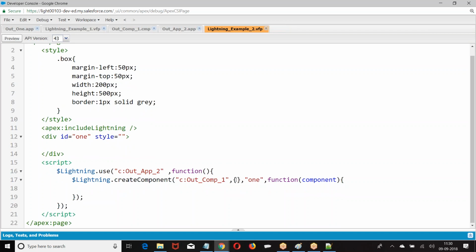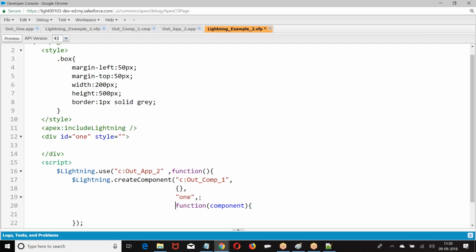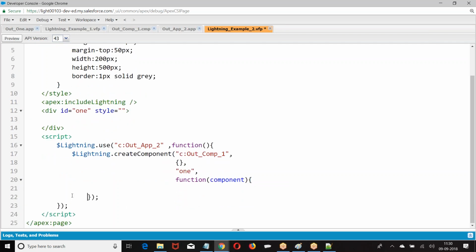Now, here we are supposed to pass attributes. In the previous case, there are no attributes, so we have left it empty. But in this case, we are supposed to pass attributes.